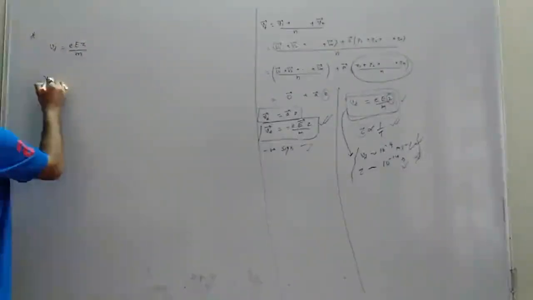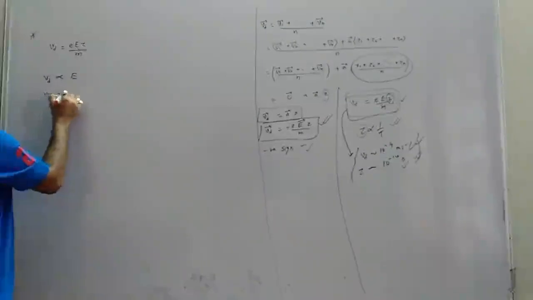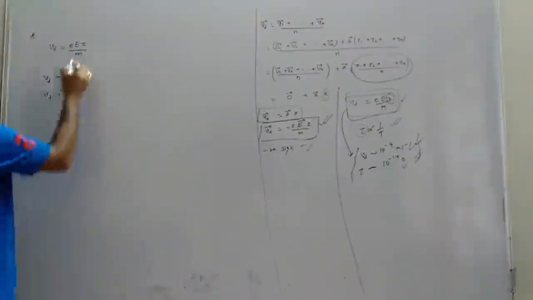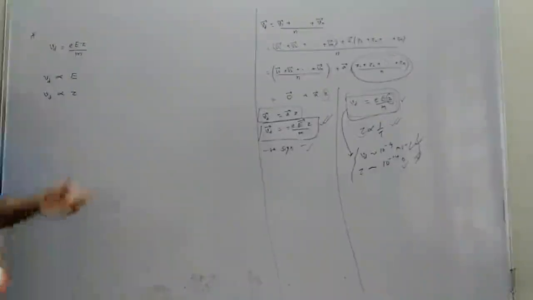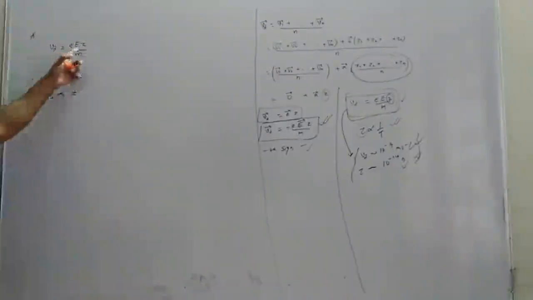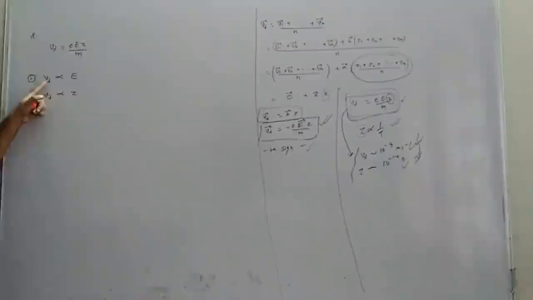Drift velocity depends on that. How does it depend? Proportionally. Drift velocity also depends on tau. The mass of the electron is fixed. The charge of the electron is fixed. So only electric field E and tau matter. So we can see only two factors from here. It depends on the electric field. If I increase the electric field, drift velocity will increase. If I increase relaxation time, drift velocity will increase.